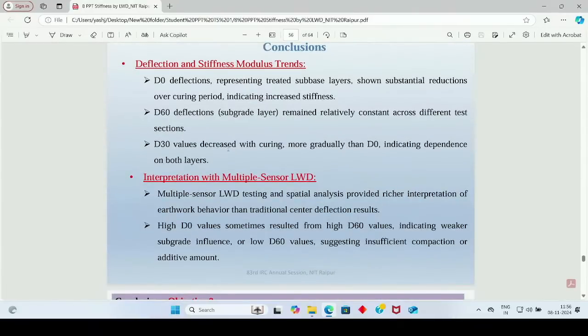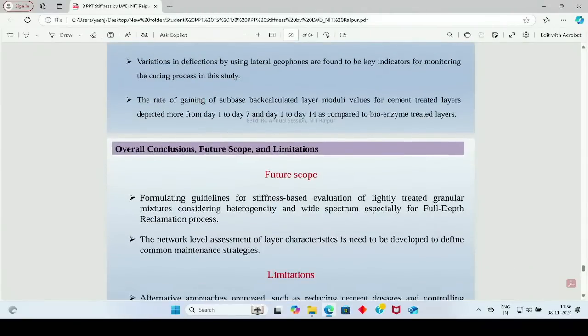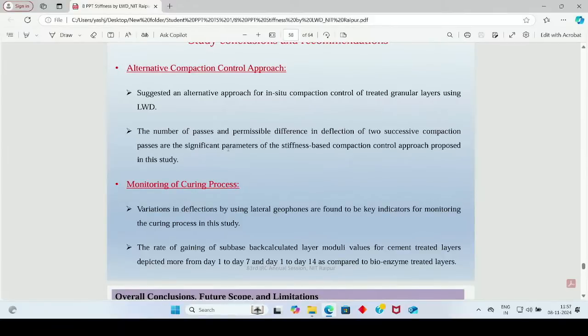So conclusions here, D0 deflections represent treated subbase layers, and D60 deflections remain relatively constant again across different test sections. So D30 values decrease with curing more gradually than D0, indicating dependence on both layers. So final conclusions. Alternative compaction control approach, suggesting an alternative approach for in situ compaction control of treated granular layers